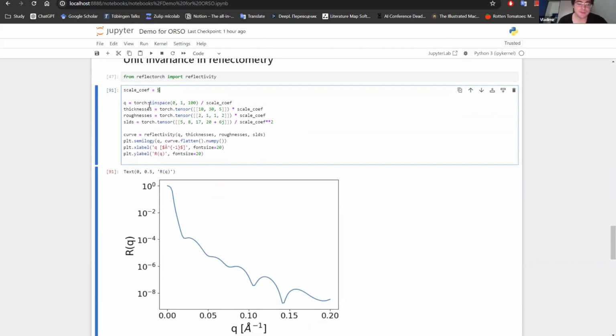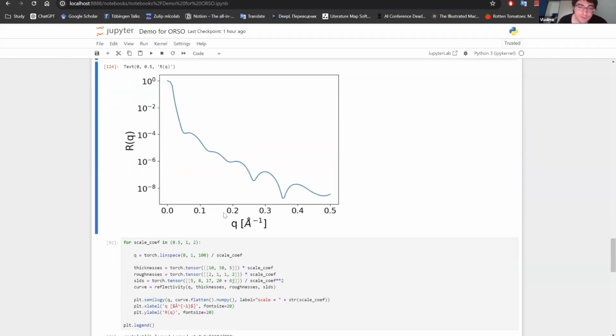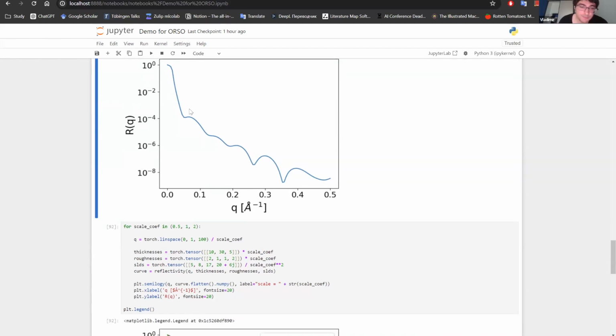Let's say Q values are in inverse angstroms, thicknesses and roughnesses in angstroms, SLDs in inverse squared angstroms multiplied by 10 to the minus 6, it doesn't matter. You can use some scaling coefficient to change these units, let's say 2. As a result, the Q range is changed but the curve stays the same.